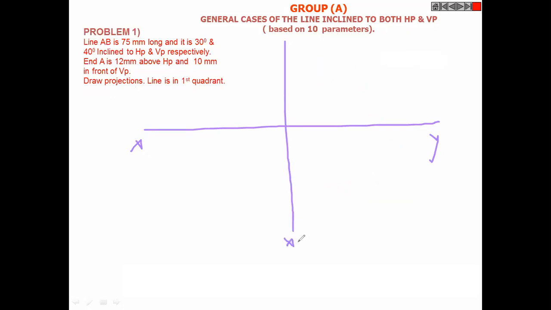Someone was correct. You will draw the XY line and simultaneously the X1 Y1 line. Okay. So now what is the next step? This should be prepared after the box. Okay. So the 12 mm above location of this is given. We need to have some starting point. The starting point is given. Point A is given. So we will create that. How will we create it? See.